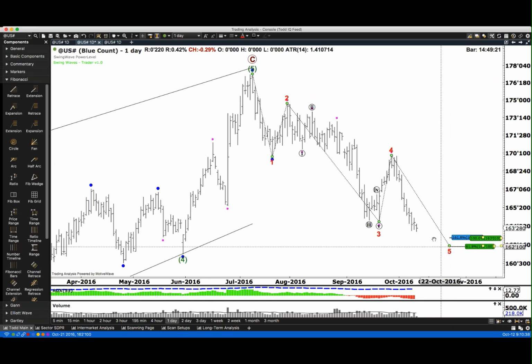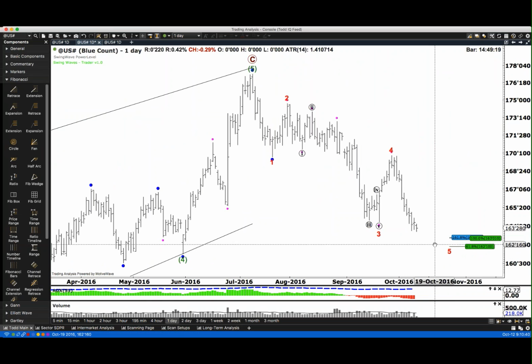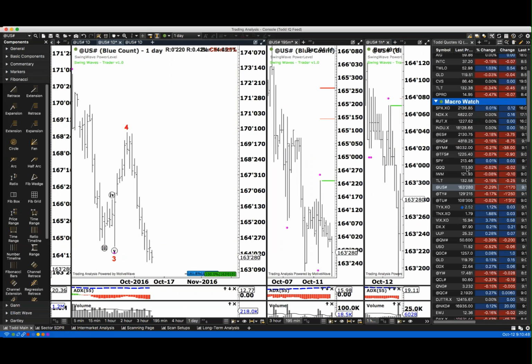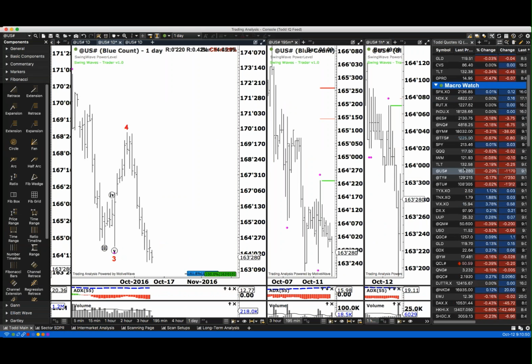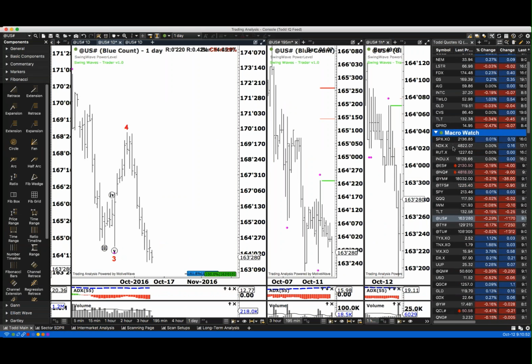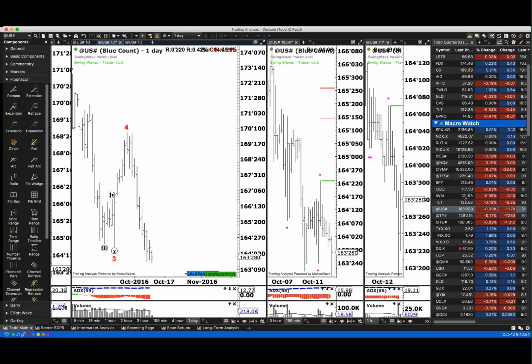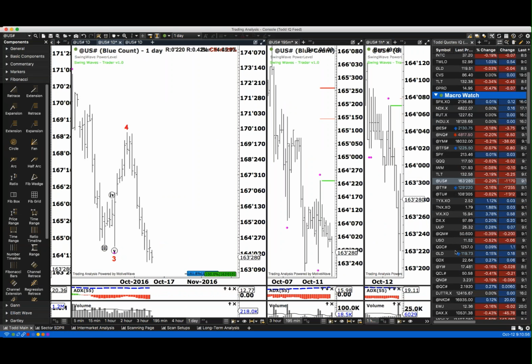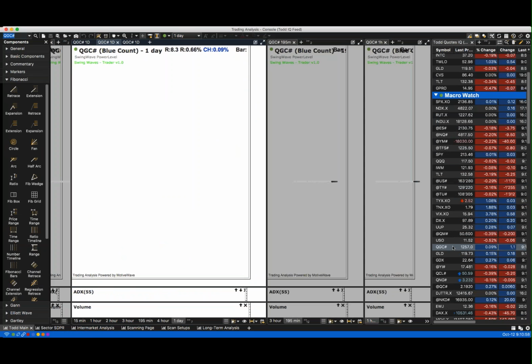So we do have a little bit of support here in the 30-year bonds down into the 162.5 area. So watch for support from there. We will try to take a counter trend trade in the bonds against that support level right there. We are short Newmont. Gold is breaking down here ahead of a potential Fed rate hike. So let me just go over here to the gold market.